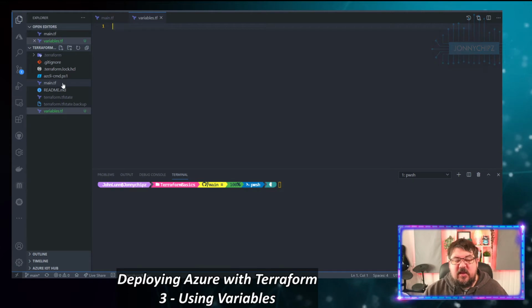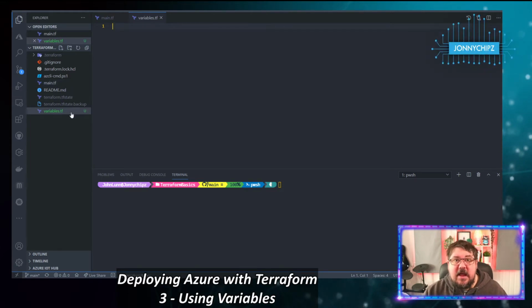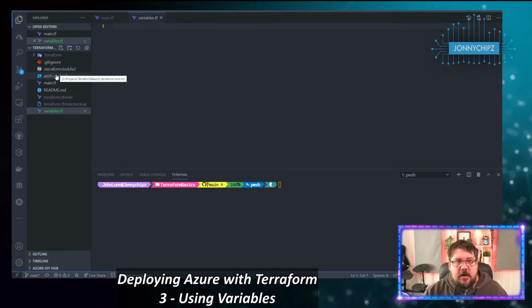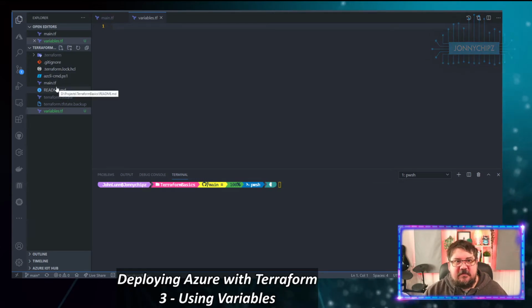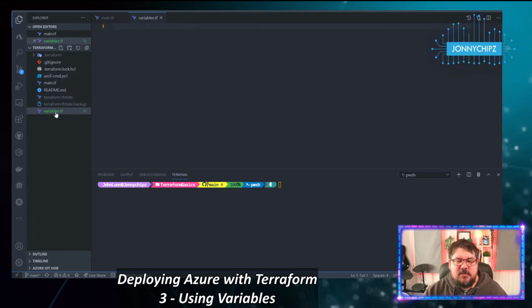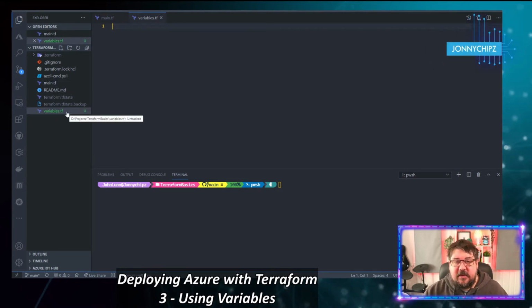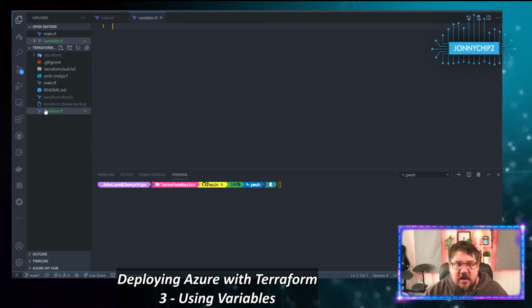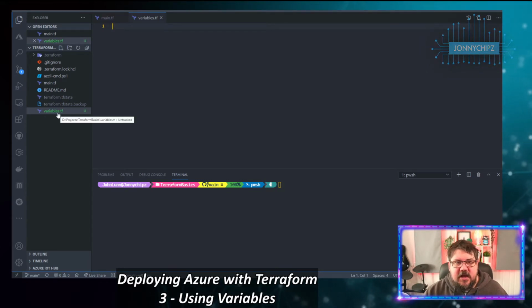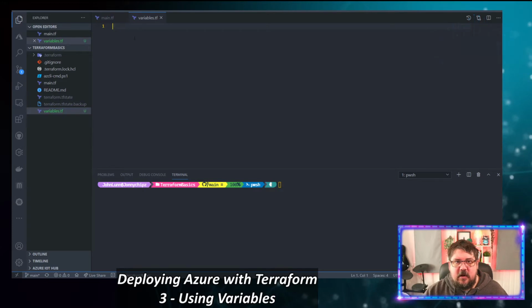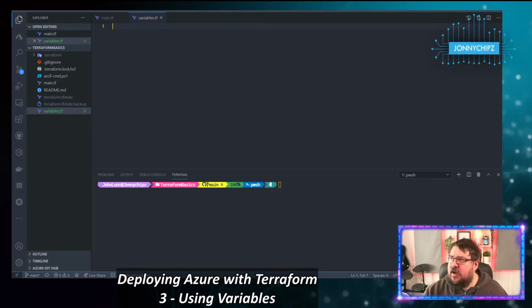The one thing that you want to do is get into a bit of a habit, agree a naming convention. It doesn't really matter what you call these .tf files, but of course, if you don't call them something a little bit more human readable, you could probably get confused quite quickly. So it's always best practice to start thinking of your naming convention of these files. So in this case, we're going to set up another Terraform file called variables.tf, and we're going to start configuring